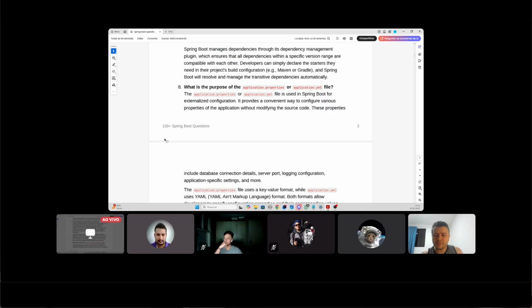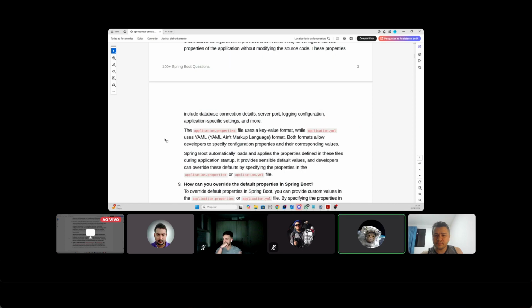These properties include database connection details, server ports, logging configuration, application-specific settings, and more. The application.properties file uses a key-value format, while the application.yml uses YAML, a markup language format. Both formats allow developers to specify configuration properties and their corresponding values. Spring Boot automatically loads and applies the properties defined in these files during application startup. It provides sensible default values, and developers can override these defaults by specifying the properties in the application.properties or